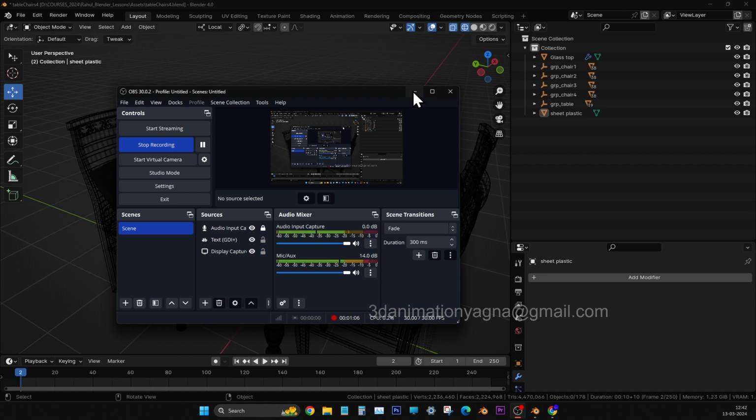So glass should be given collision, and the sheet should be given cloth effect. Right. Now we have given it. Both should not be selected at the same time. No, select only one. Right. So when you are giving cloth, make sure that it is at the first frame or zero frame. Now you can play it, and somewhere in the middle of the frame we have to stop it,